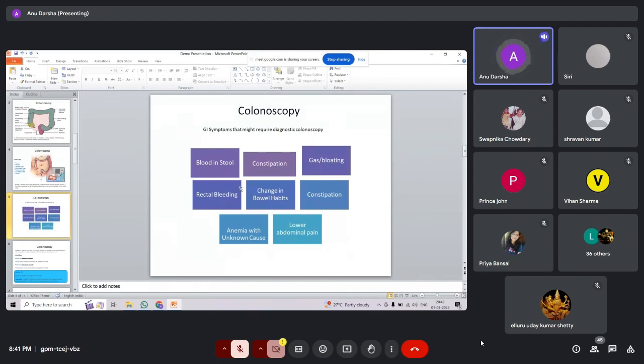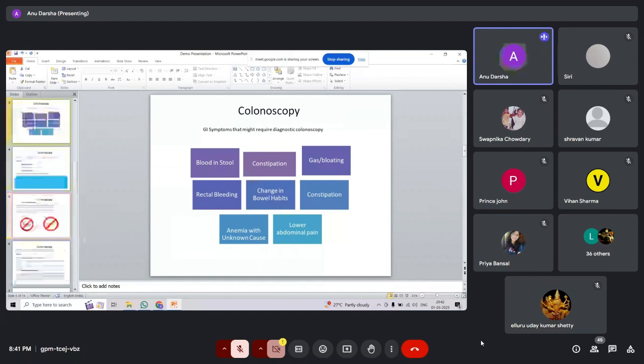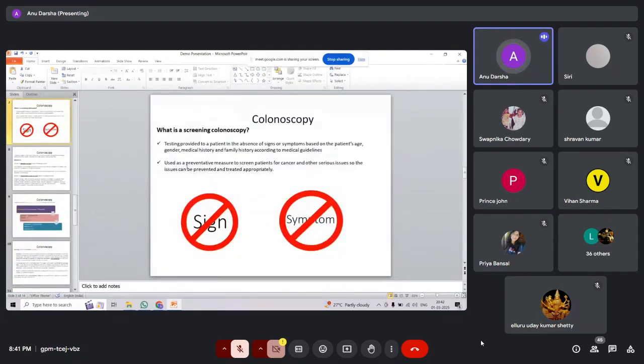To better understand the disease process, they will do the colonoscopy, whereas screening colonoscopy is done for patients who are asymptomatic. They don't have any sign or symptom, but still they have to undergo the colonoscopy. The basic reason behind this is screening. Screening itself means it is done for a precautionary purpose. They will not wait until the patient starts to have the signs and symptoms of some cancer. So in between, they will do this colonoscopy at regular intervals,